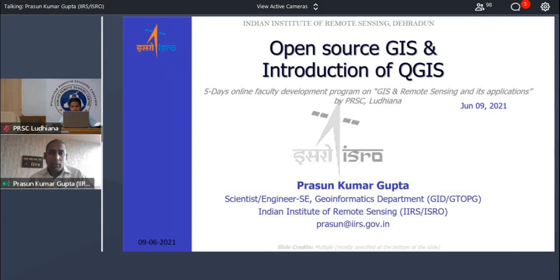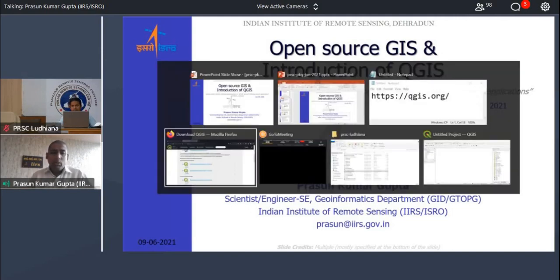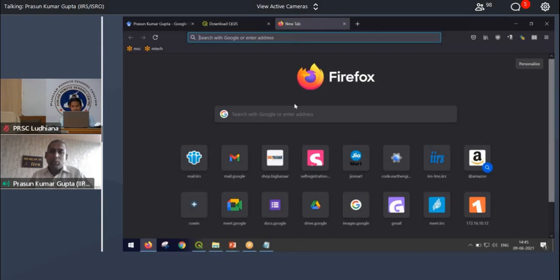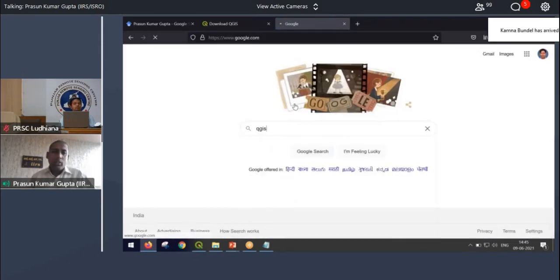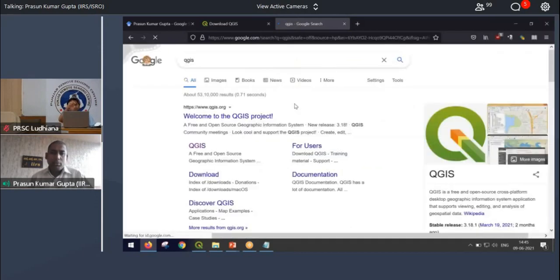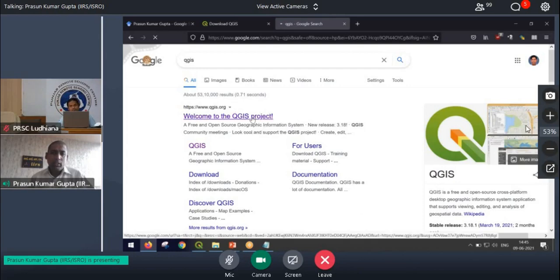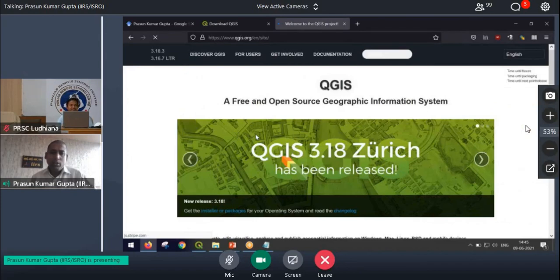In case you join now, since we'll be doing the exercise later, you can just open Google and search for the term QGIS. It will take you to this website, Welcome to QGIS Project, and there should be a download button there. If you are on the Windows operating system, you should not have a problem.